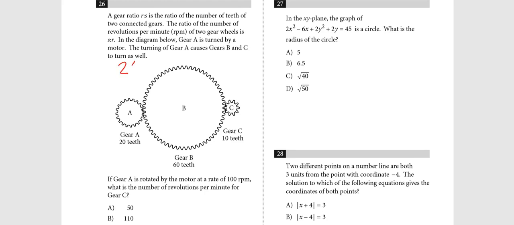So, my question, do we have a 20 to 60 to 10 ratio? If we spin this at 100 revolutions per minute, my question is, can we just multiply this by 5? That is not going to work, is it? No. Because 100 revolutions per minute